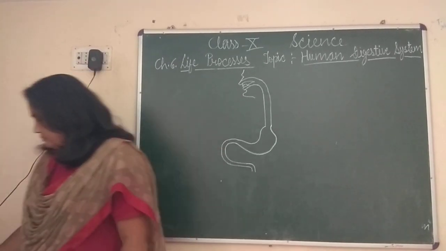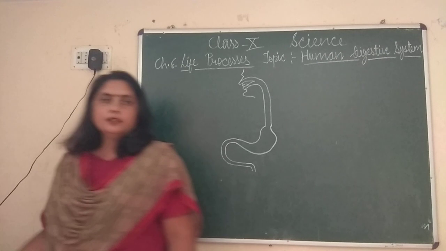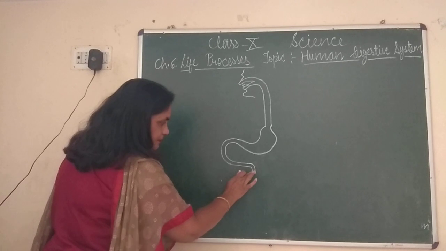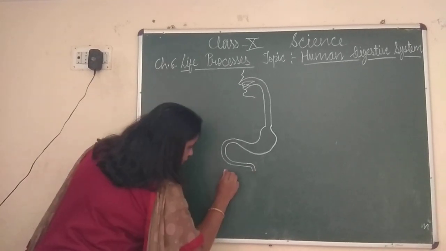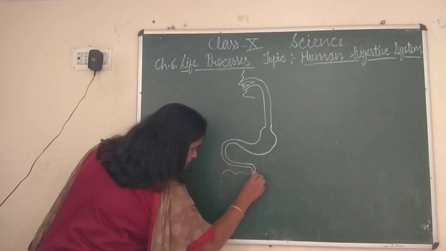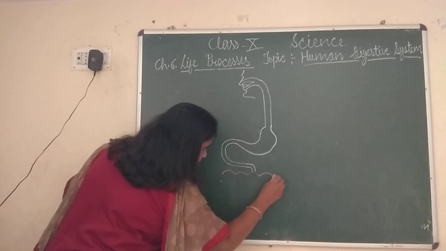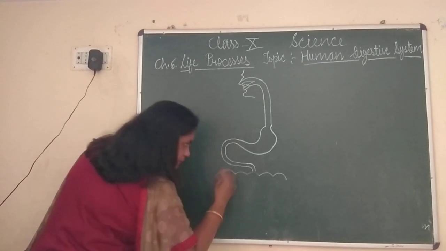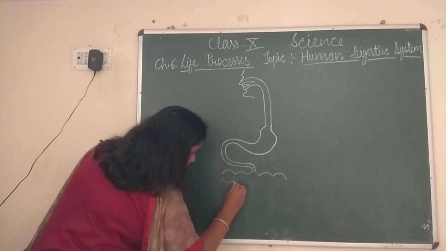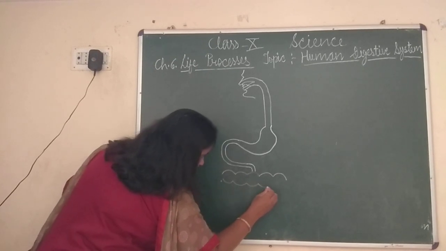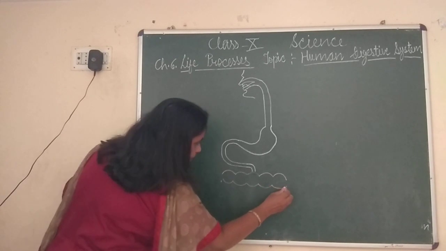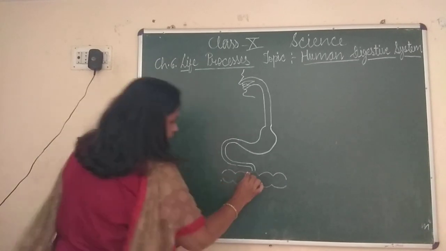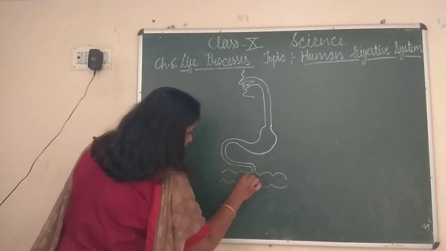After that, now I am taking a chalk of another color so that you can understand the structure well. Now children, you have left it here. Now you have to draw this type of wavy line. One more wave opposite to this wavy line. One more wavy line this way. It should correspond to the curves of the upper line. These curves should be in correspondence with the upper wavy line.